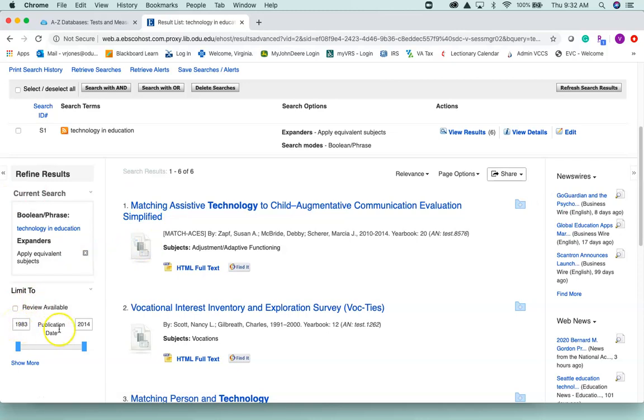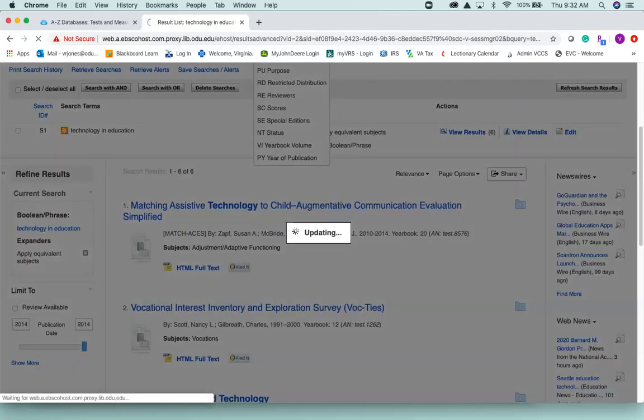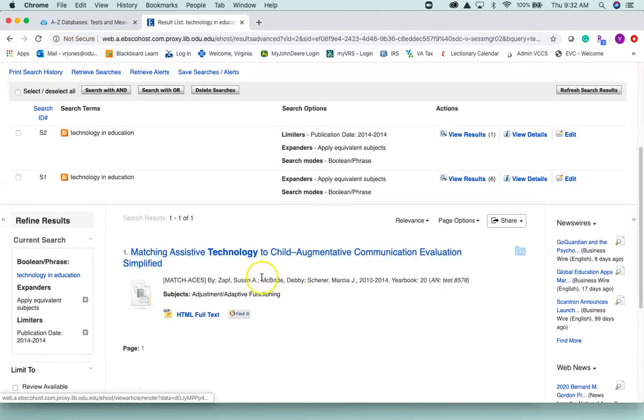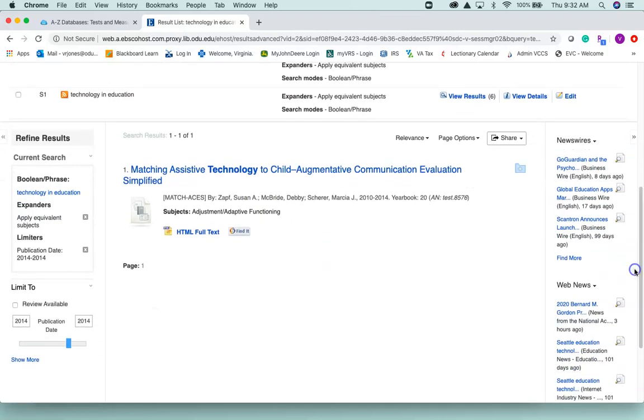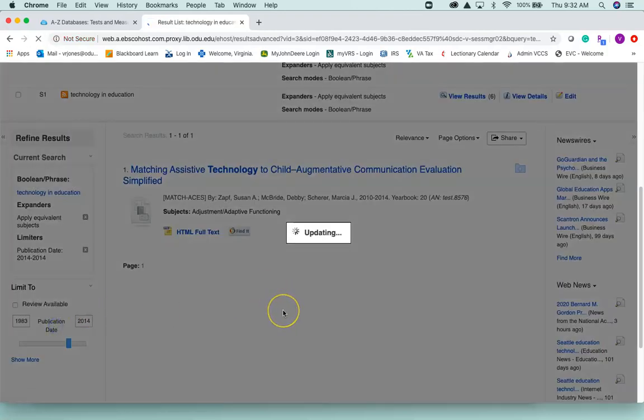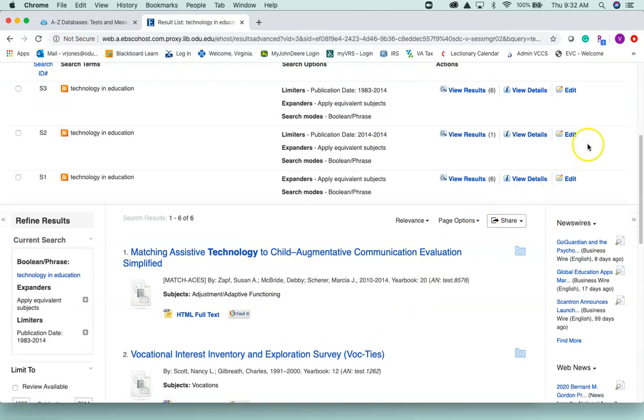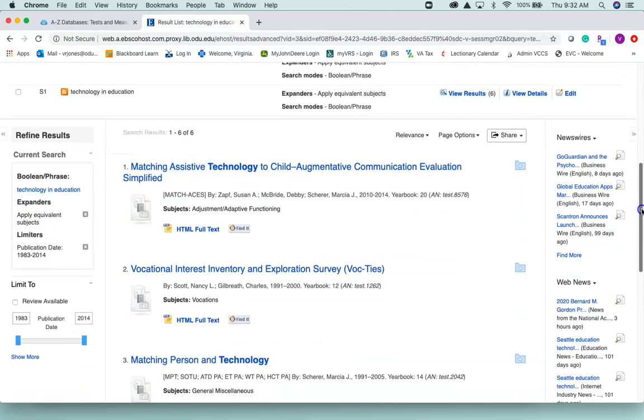That's from 1983 to 2014. So I wonder if 2014 is the last year somebody's done a test. Let's see what happens if I put 2014 to 2014. I only get 1, and that's got to do with assistive technology, so that may not be what I'm looking for. So I may have to go back and change my years for the tests that I want to review. If I do this and update that, it'll take me back to the tests. So I still got the matching assistive technology, but